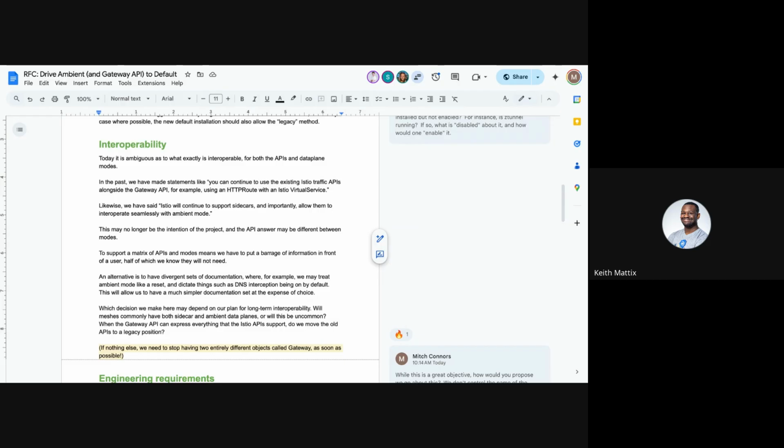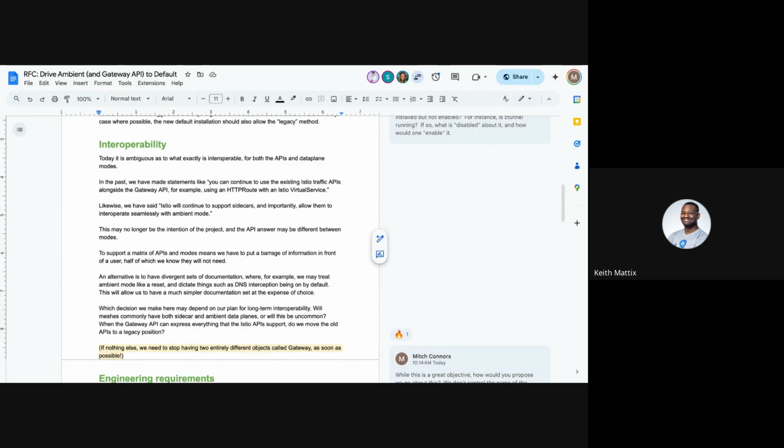Yes, I know you've got other topics on the agenda, so I'm going to try to cut this a bit short. The last thing I'll say on this doc is that my major concern with this direction is, I think directionally it would be great for new users to be in ambient mode. Like I think that makes sense and is better for users. I have a lot of questions about how we get there, explicitly or specifically on the